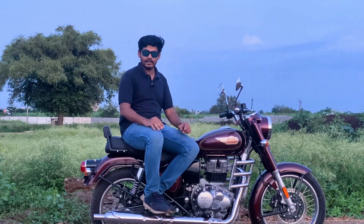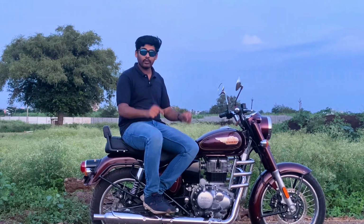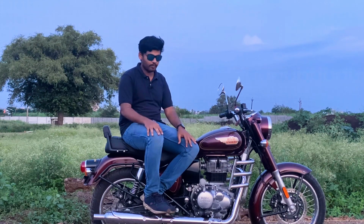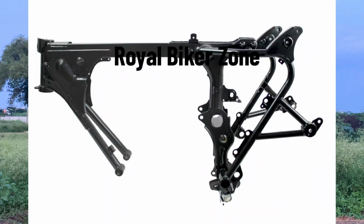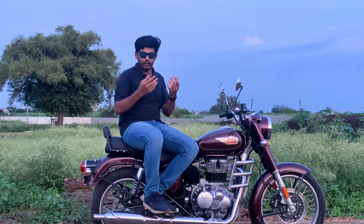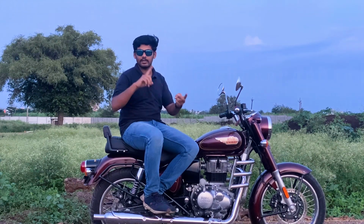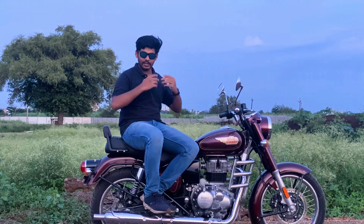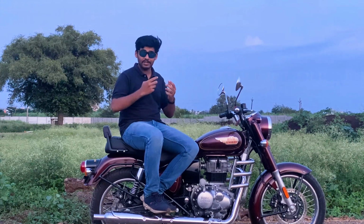The next highlight is the chassis. In this bike you get a completely new chassis which is based on, as I said, the new J platform. It's a dual down tube, dual cradle chassis. In the earlier model you used to get a single cradle chassis. This is the dual cradle chassis of the J platform which you find in the Classic, the Meteor and the Hunter models. And not just the chassis and the engine, there are a lot of parts which have been shared with the other